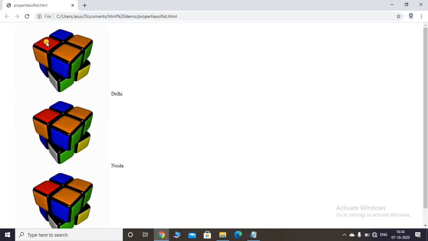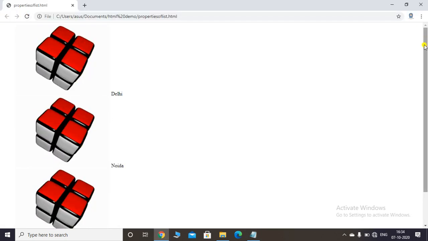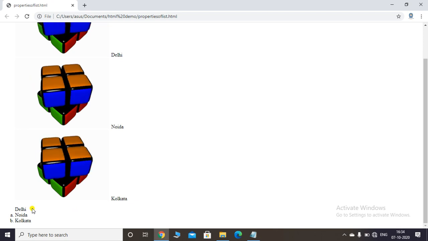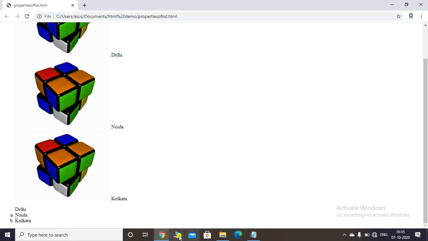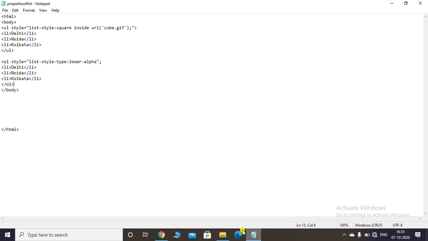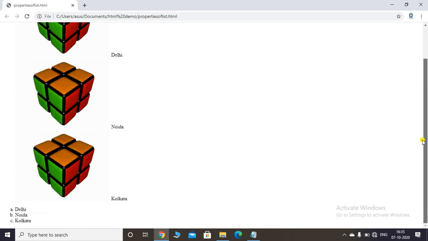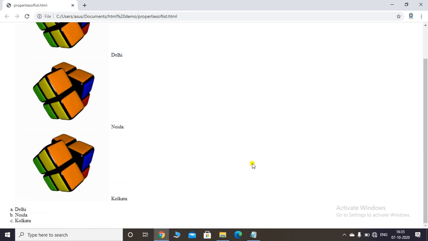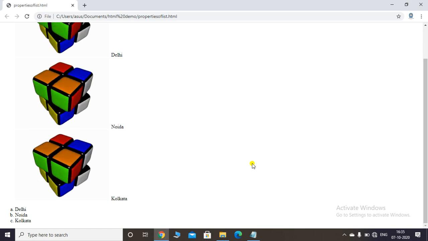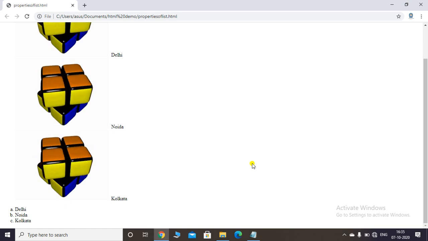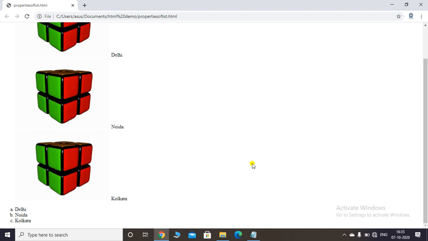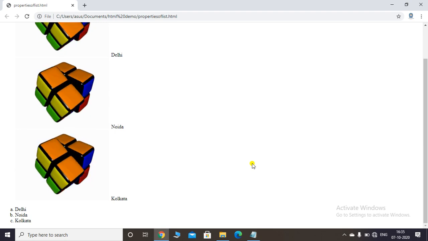Again we'll go to the browser, do a refresh, and you will see the ordered list will appear on your screen. So this is how you can apply coding. There is one miss over there, the li tag, and I have to close it over here. Okay, so now we'll see again. Click on the web browser and do a refresh, and yes, now it's all right. So we got an image in our unordered list, and for the ordered list we are having an alphabet, that is lower alphabets. Okay, so this was about the list properties.